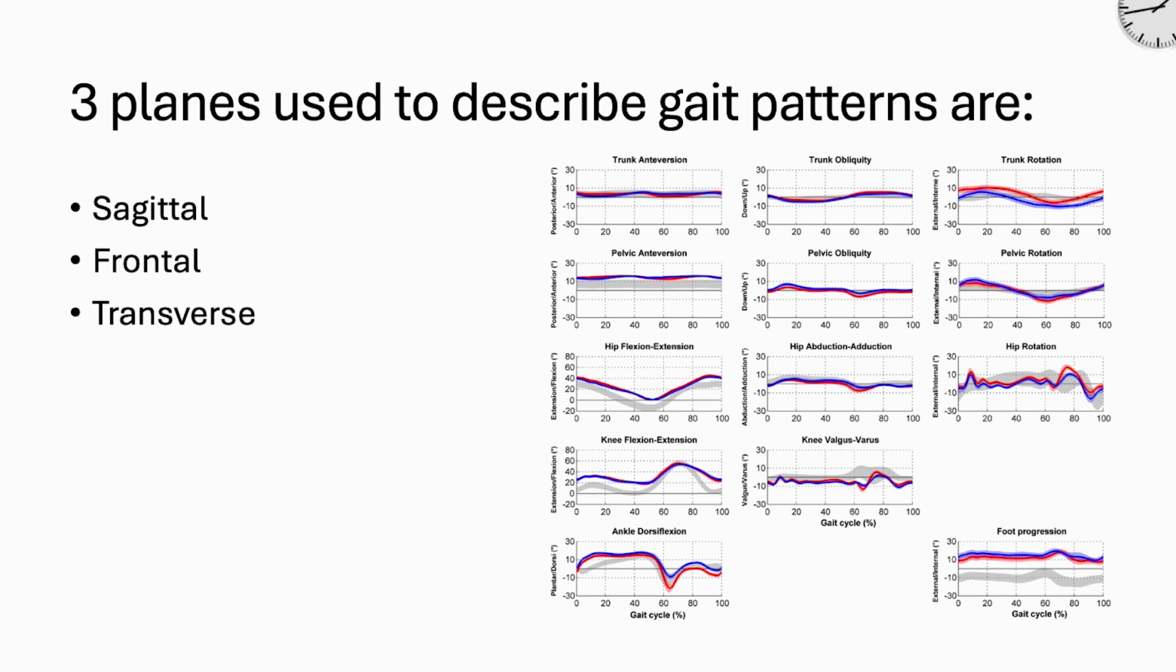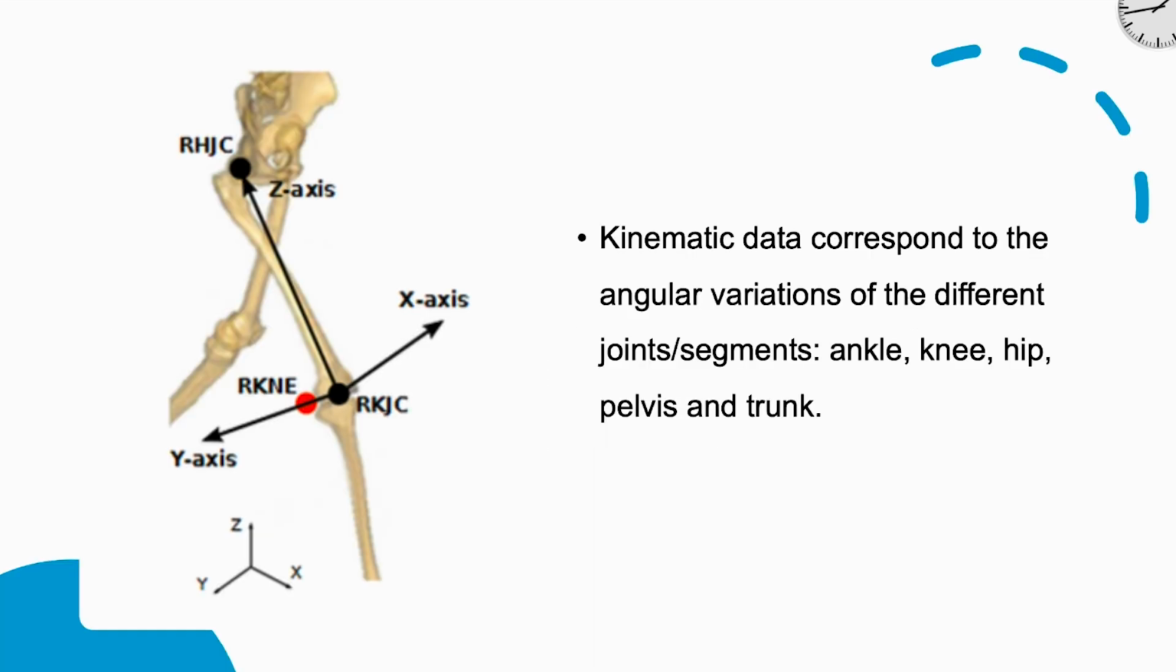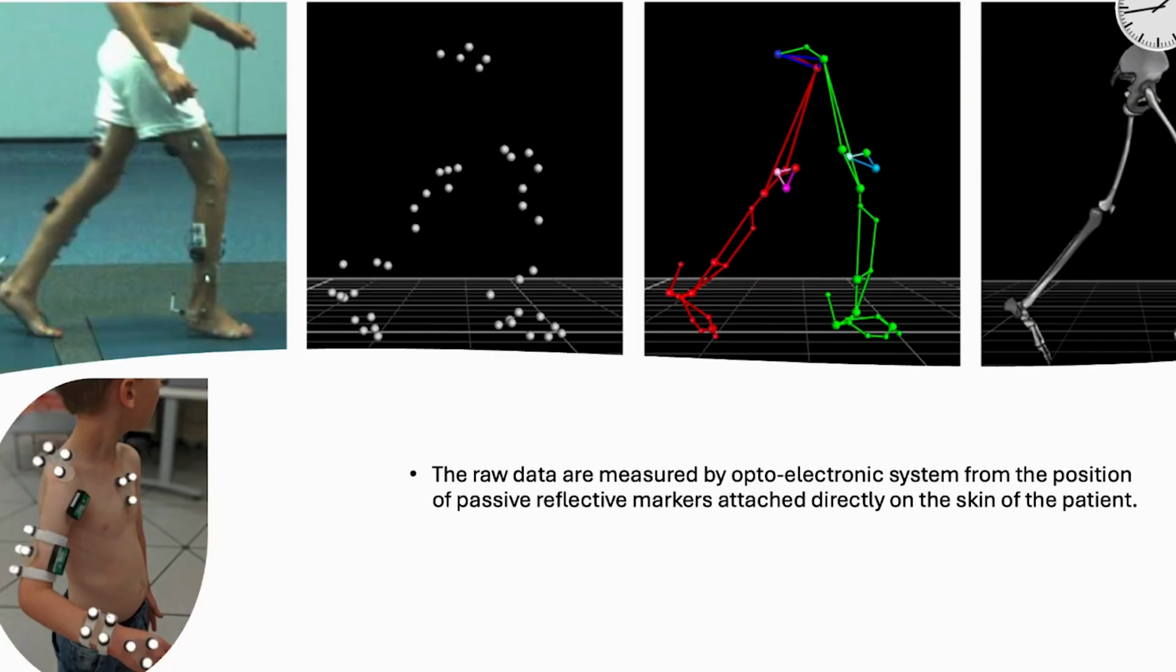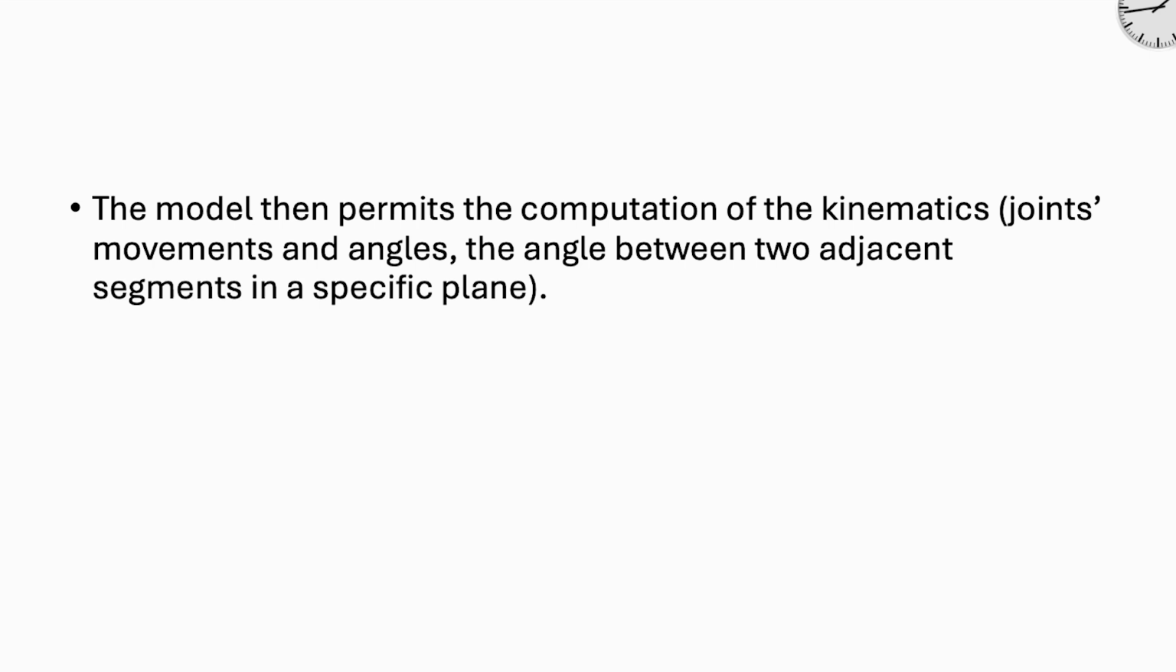kinematics. What is kinematics? Kinematic data correspond to the angular variations of the different joints segments: ankle, knee, hip, pelvis, and trunk. The raw data are measured by an optoelectronic system from the position of passive reflective markers attached directly to the skin of the patient. The model then permits the computation of the kinematics, joints movements and angles, the angle between two adjacent segments in